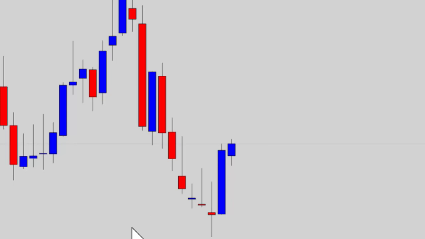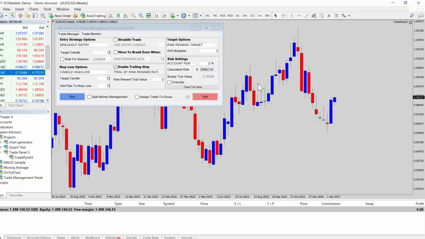So what I've actually done here with the trade panel is there's a little algorithm there to basically determine what order type should be used. This is the panel asking itself, can we use the limit? Can we use the stop? If no, if the market price is too close to your desired entry price, then it's just going to buy in at the market. It's just going to execute this